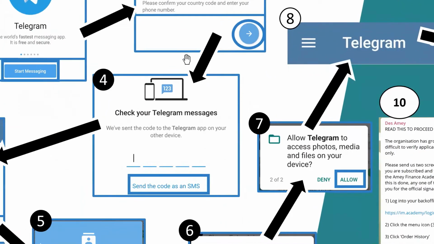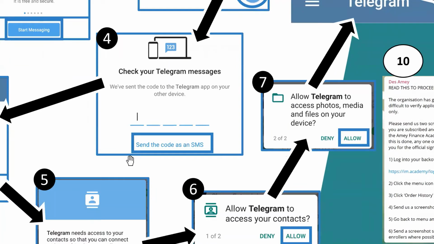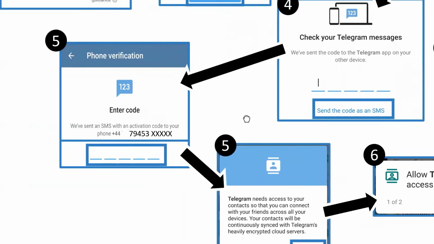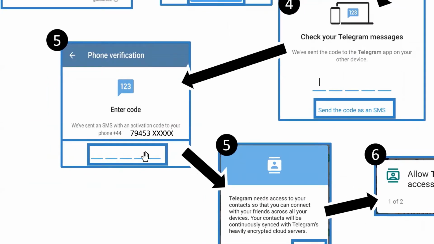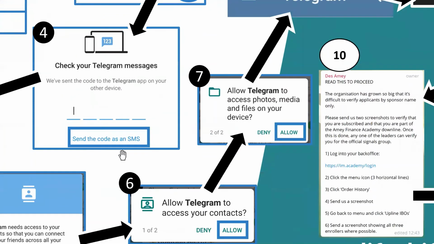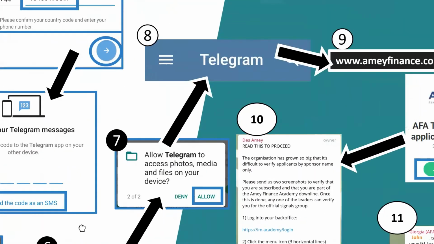And then from there, if you've had Telegram on another device, it will send a code to that device. If not, you'll be given an option to send the code as an SMS. An SMS message will arrive in your phone device and you'll need to type in that code. Then you'll need to give access to Telegram to access your contacts, also your media, and then you'll have access